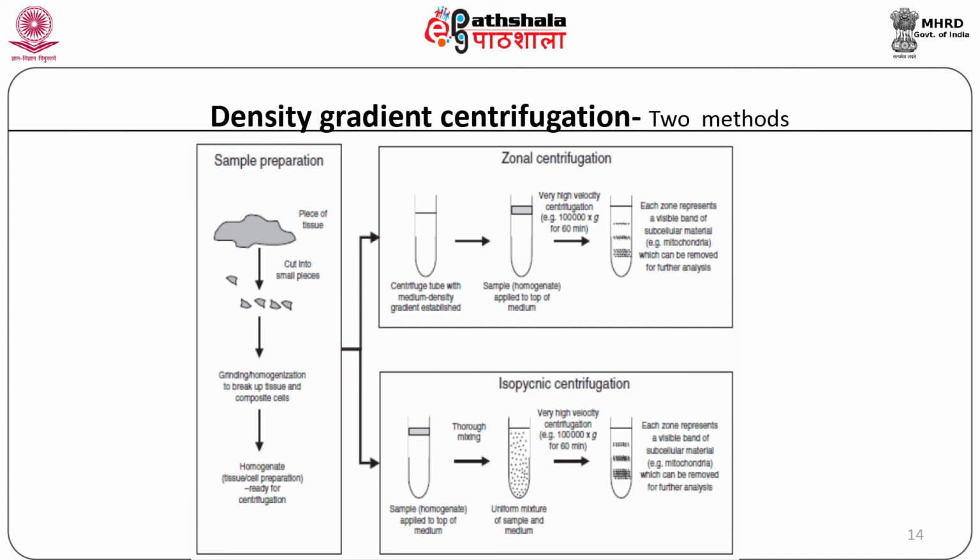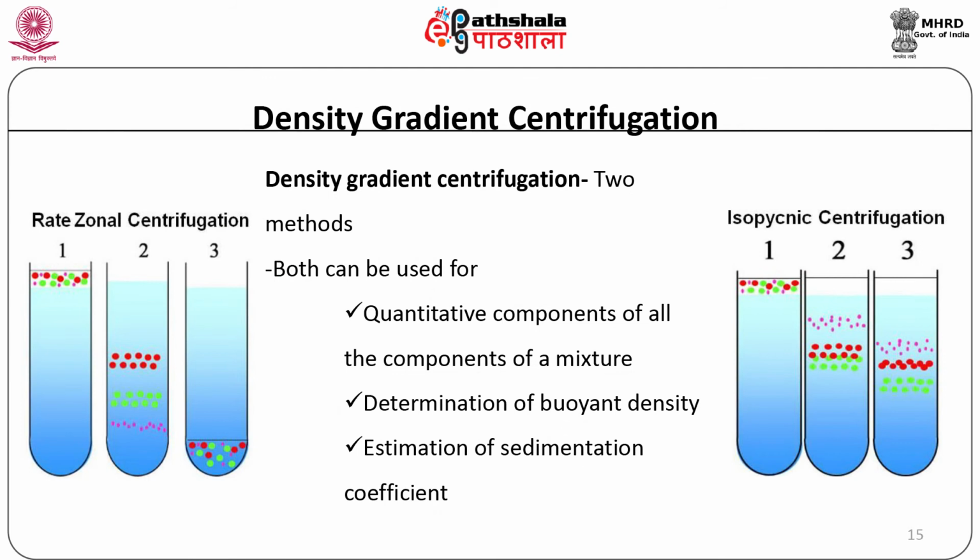There are two methods in density gradient centrifugation: rate zonal centrifugation and isopycnic centrifugation technique. Both can be used for quantitative studies of all the components of a mixture, that is, to determine buoyant density and to estimate the sedimentation coefficient. Rate zonal centrifugation. This technique involves